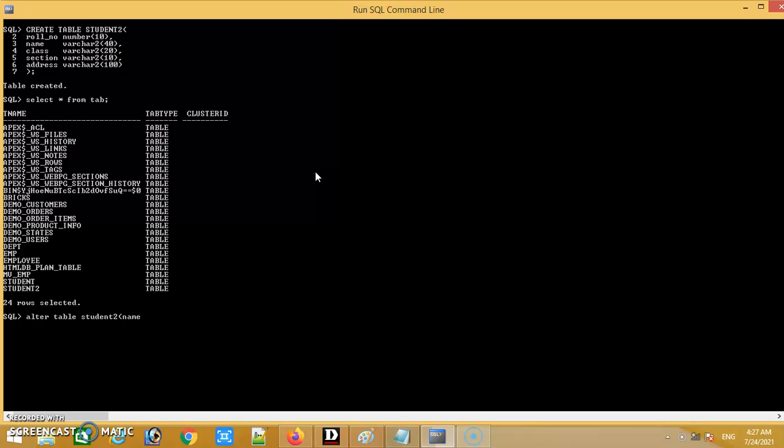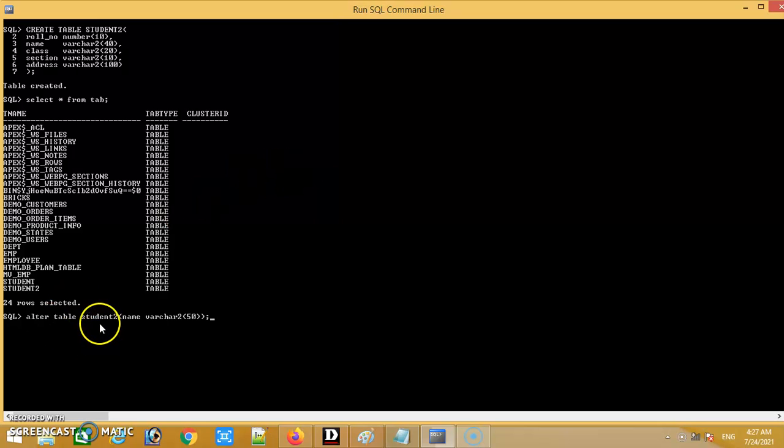And what is the new data type? So the new data type is varchar2. I am putting here 50. Okay, so now I am ending the bracket and putting a semicolon.